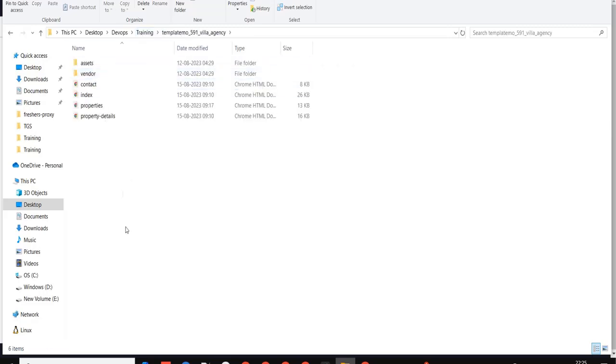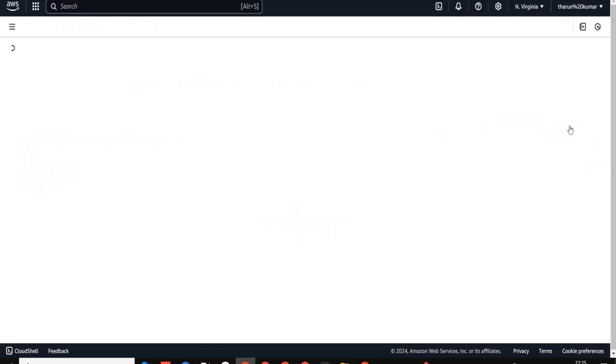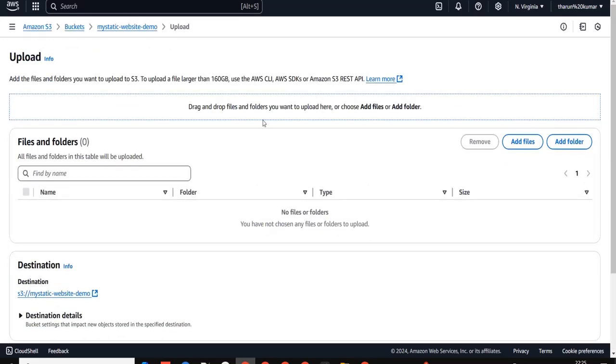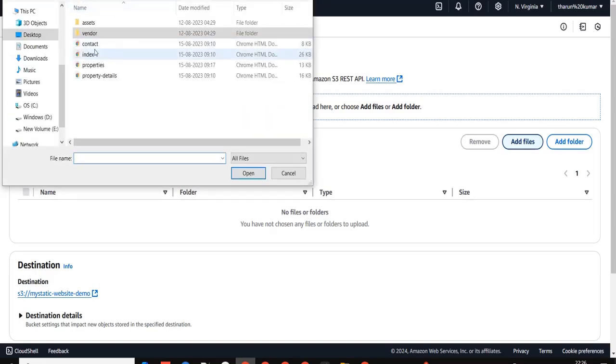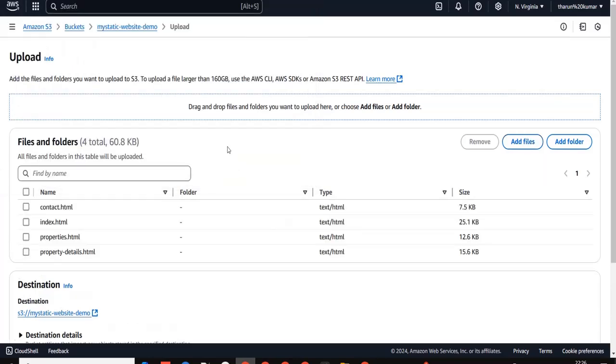Here you can upload the files. Once you click upload, you can see the option to add files. So I'm going to add all these files.